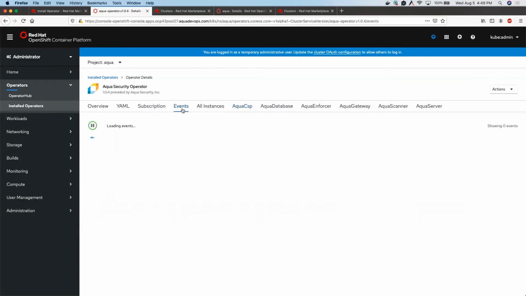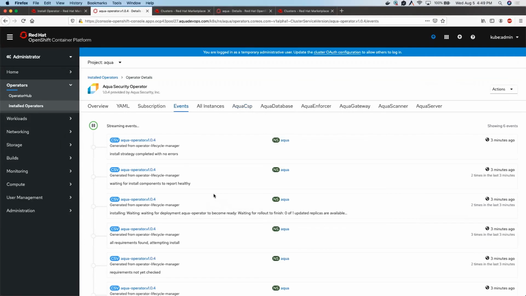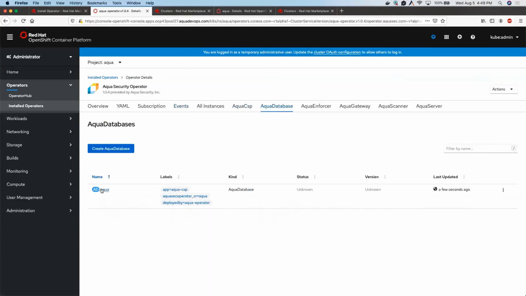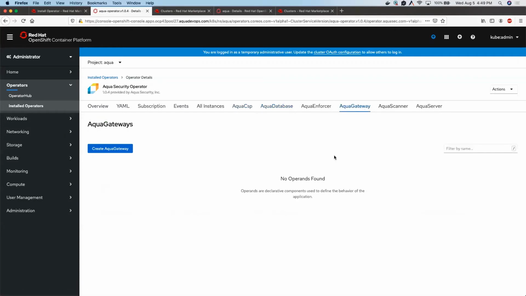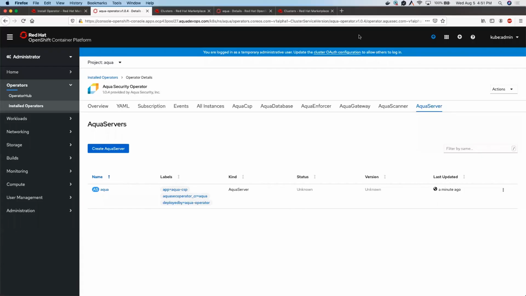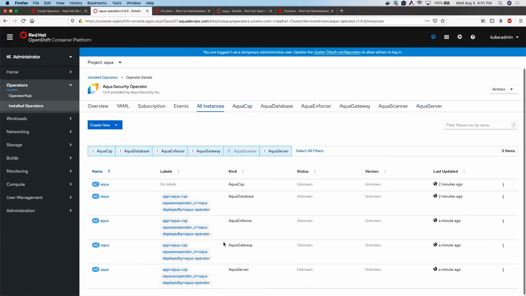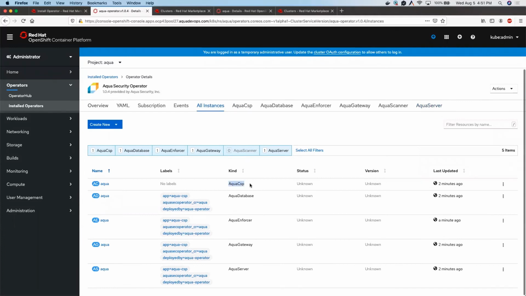Once the create is clicked, you can see that Aqua starts creating the different components. The database is created, waiting on the Aqua gateway and the server. We can click on all instances and look at all of the components that the Aqua CSP custom resource has created for us.